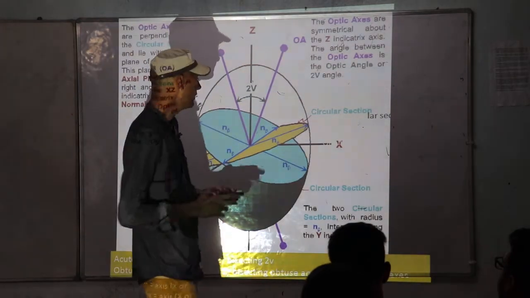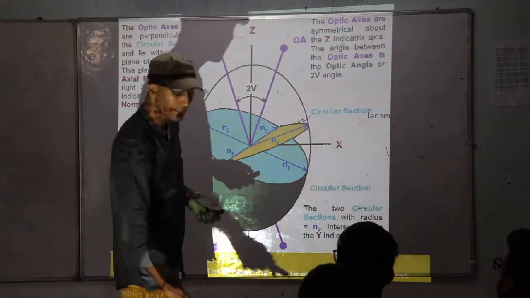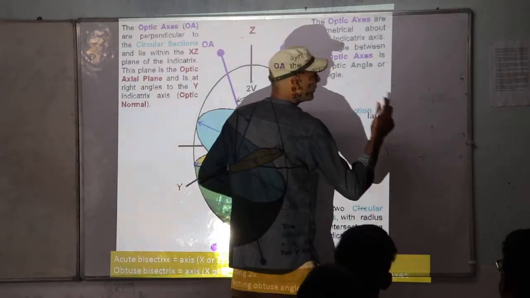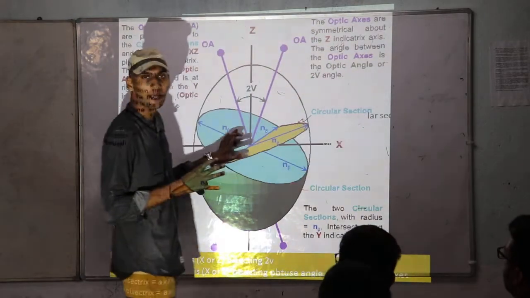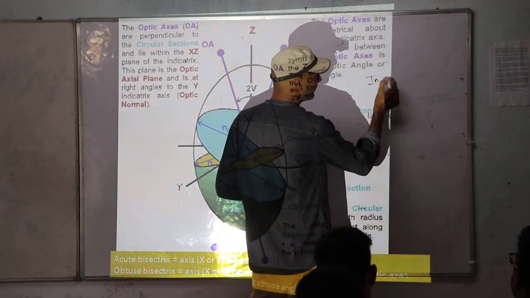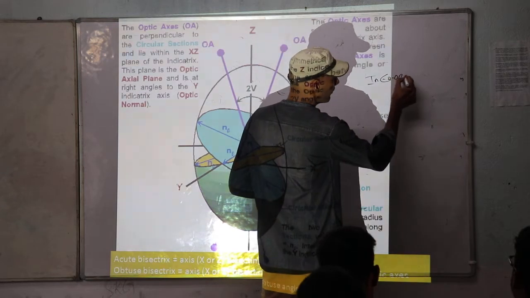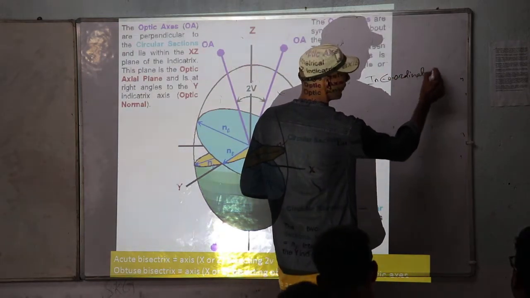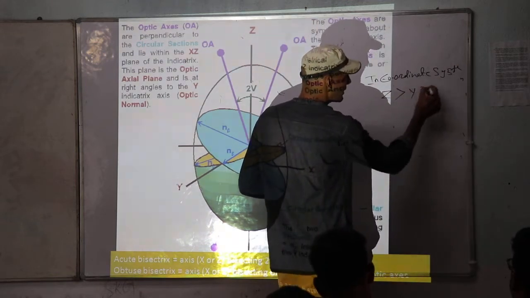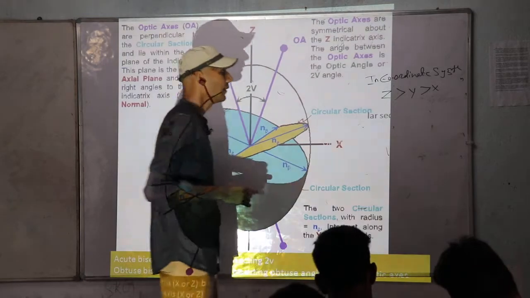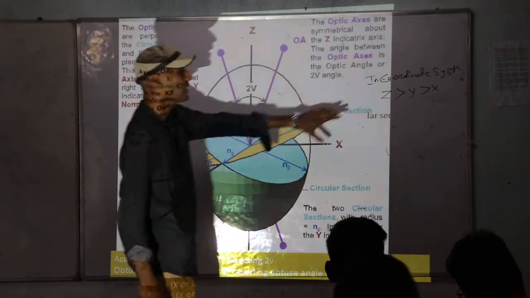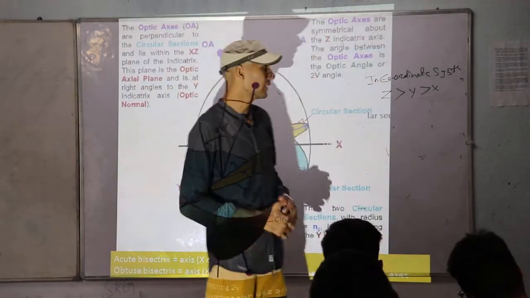Okay, then we are starting with biaxial minerals. What happens in the case of a biaxial mineral, as I have told you, there are some assumptions before going to the biaxial indicatrix. We'll take some assumptions. In the coordinate system, Z is always longer than Y, which is longer than X. If we are talking about the coordinate system, Z is the longest axis, X is the shortest axis.